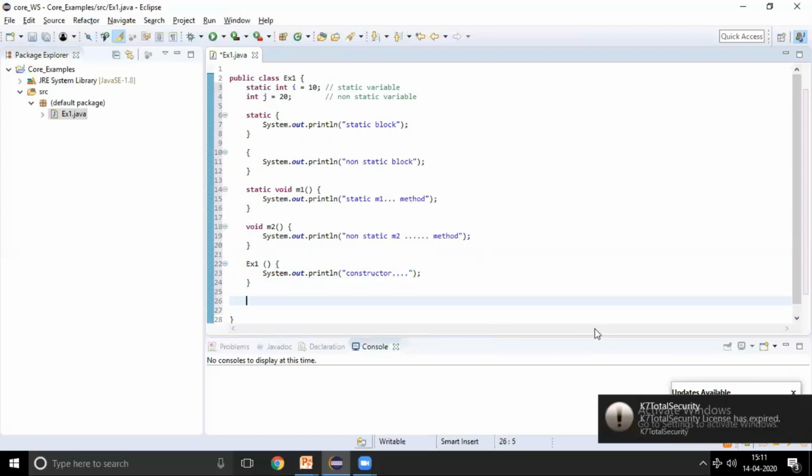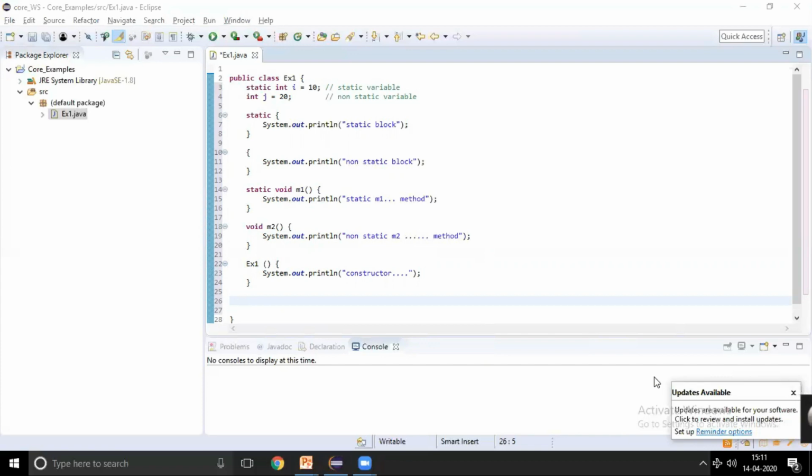And finally, I am writing a life cycle method. If you want to run a Java program, you must provide the main method. So I am writing the life cycle main method,